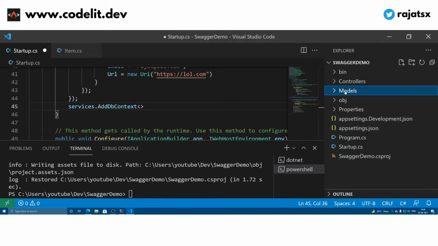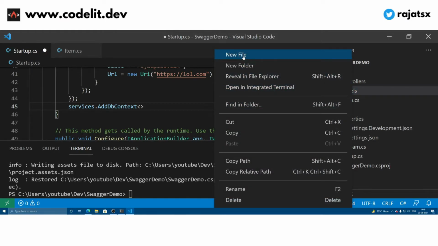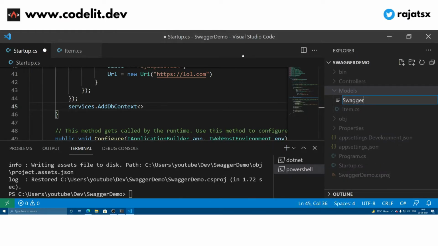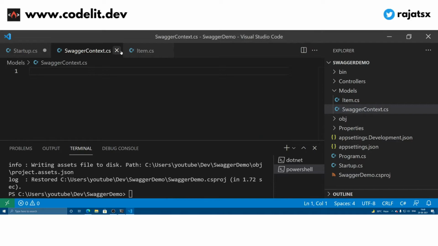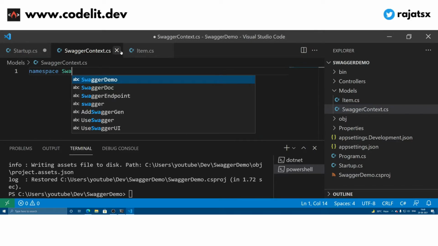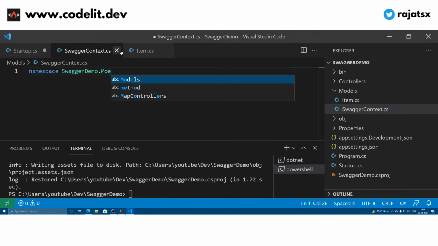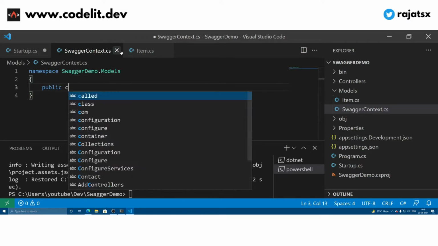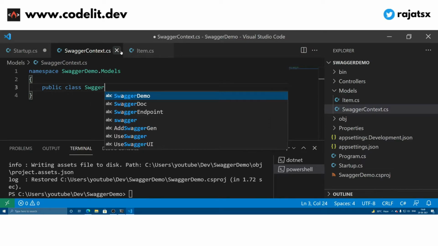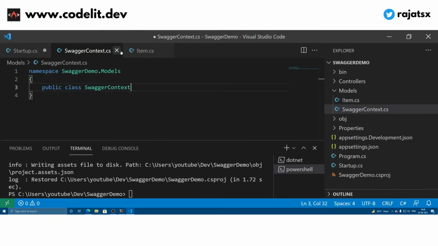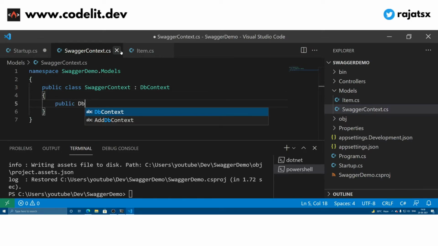Again go back to the Models, and inside this create a new file called SwaggerContext.cs. Again the namespace is going to be SwaggerDemo.Models, public class SwaggerContext, and it extends DbContext, and we have to create a DbSet.